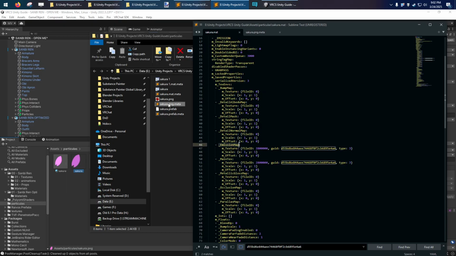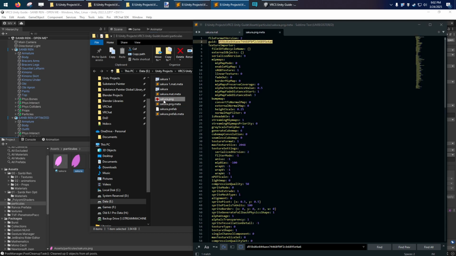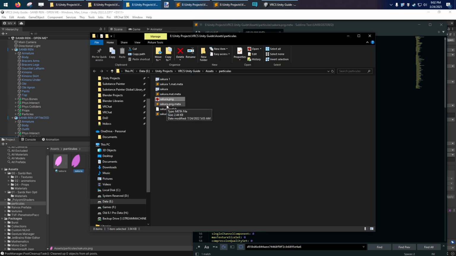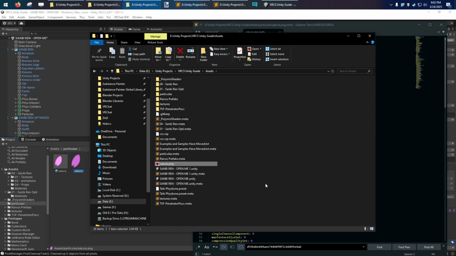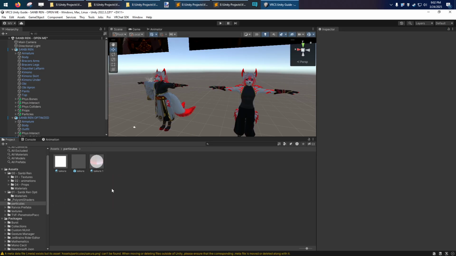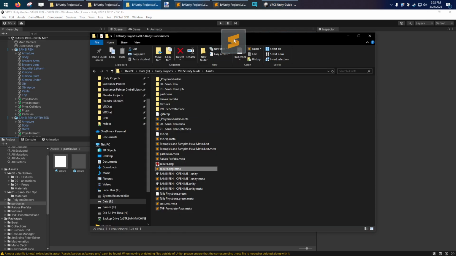So it says the emission map is equal to this GUID, which is how we tell what these things are. So if you could do this in Windows and move this file around, if I move this file, I'm just going to put this in the main folder. It doesn't know what this file is. It's going to have to rehash it. So it has to re-import that file. And now it's got a different ID. So if I bring this open here,